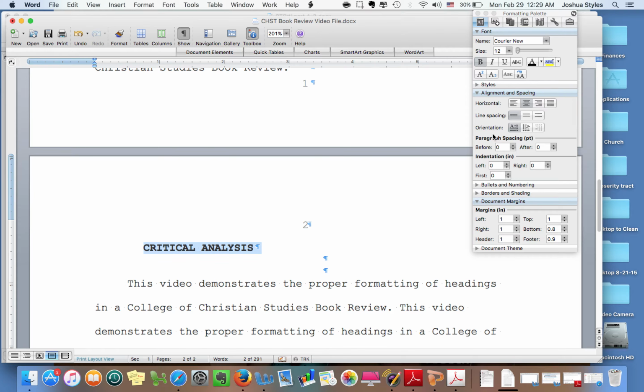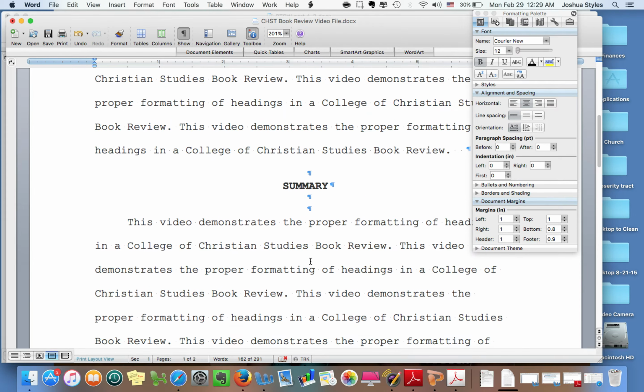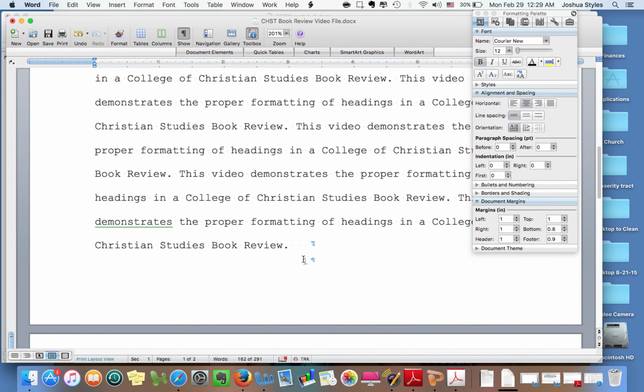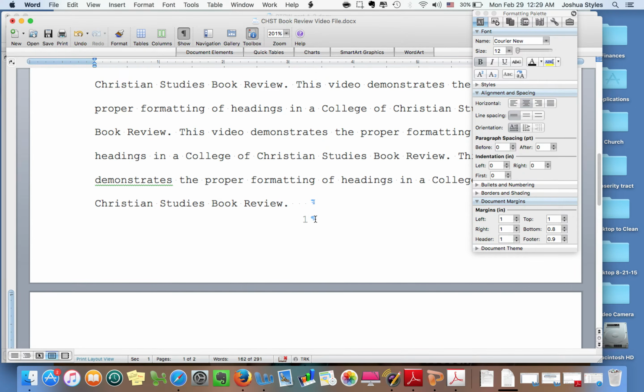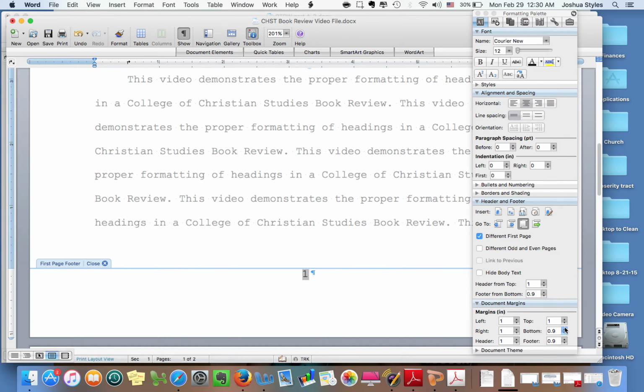Now again, we'll center this here, and there's other things going on here that we don't have time to address right now. But you can see how you have the page number at the bottom centered. It's no longer at the 1 inch margin, it's actually at the 0.9 inch margin now,